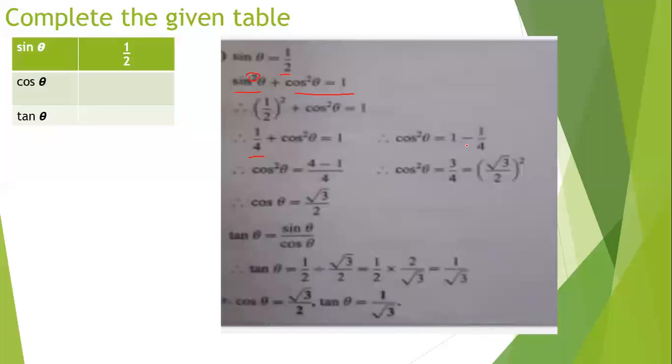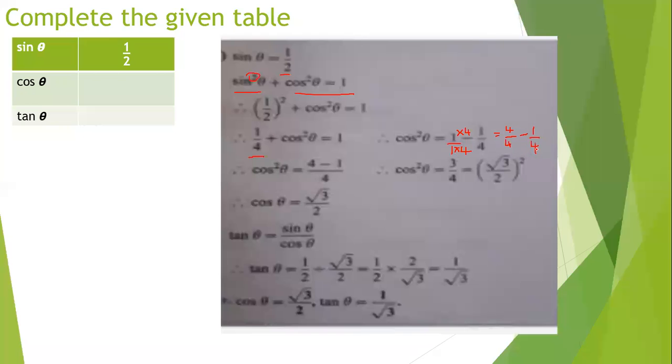Now, you need to subtract this. For subtracting, we need to equalize the denominator. Here there is nothing, meaning 1, so we have denominator as 1 and here we have denominator as 4. To make the denominators equal, we will multiply by 4. If you multiply any number in the denominator, you have to multiply the same number in the numerator also. So I am multiplying by 4 here too. I will get 4, and 1 into 4 is again 4, minus 1 upon 4.